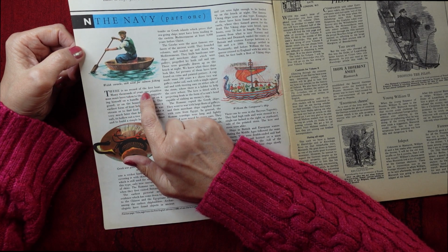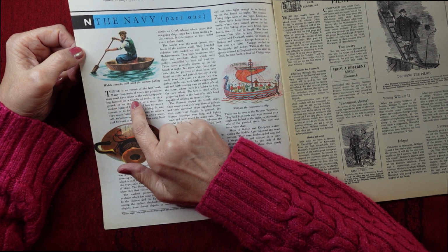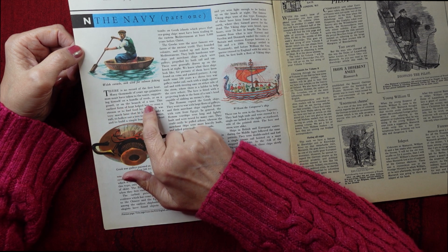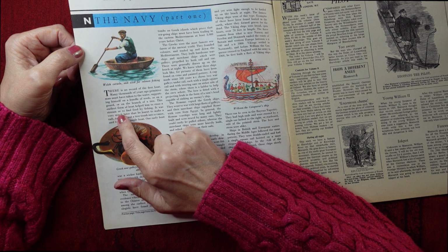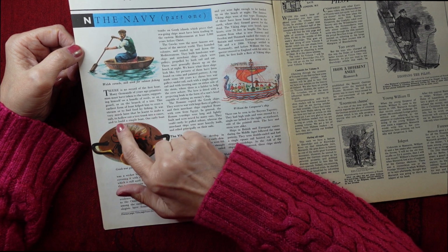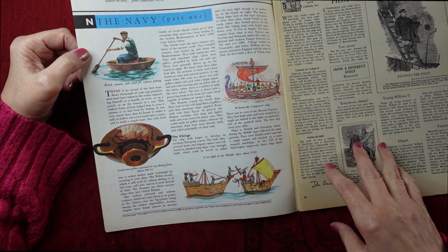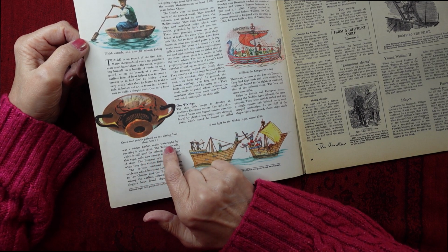There is no record of the first boat. Many thousands of years ago, primitive man must have taken to the water, supporting himself on a bundle of reeds or on a gourd or on the branch of a tree. This earliest form of boat helped him to cross a stream or to find food by fishing. It was very much later that he learned to make a raft, to hollow out a tree trunk into a canoe, and to build a simple boat. One early boat was a wicker basket made watertight by covering it